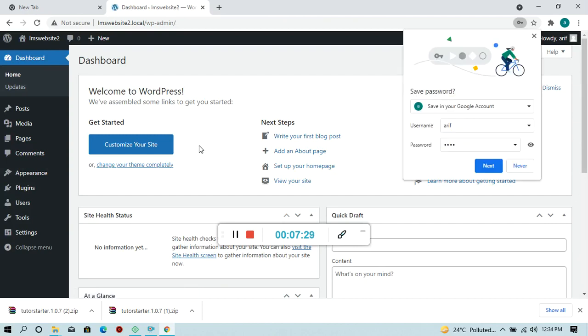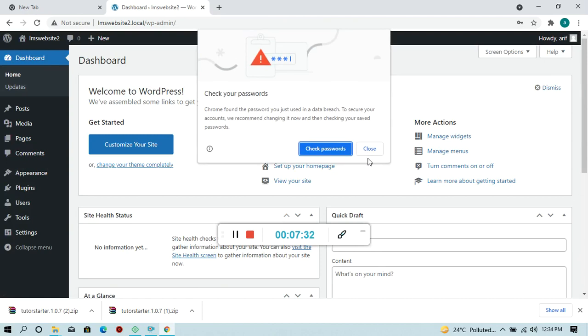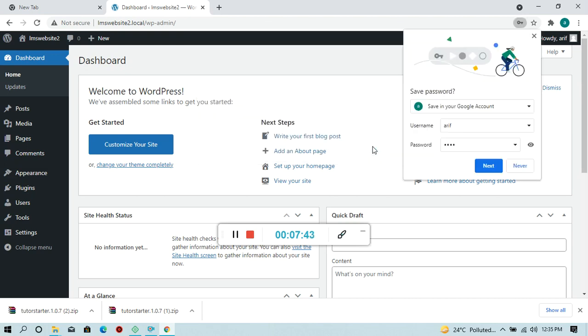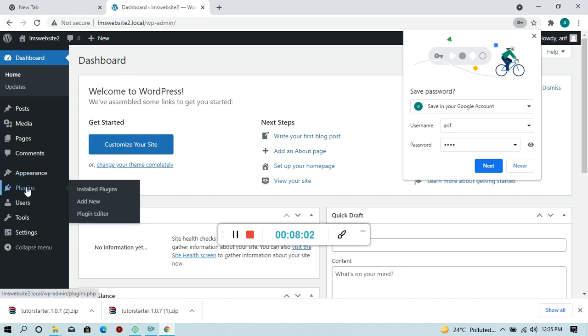So this is the dashboard of the CMS. From here you can manage pages, content, comments, themes, plugins, users, and the tools and settings, right? So you don't have to write a single line of code. Obviously, if a client asks you to add something or some different function, then you will have to put in your own functions. But WordPress offers so many types of plugins. If you click on add new, then you can see for yourself.